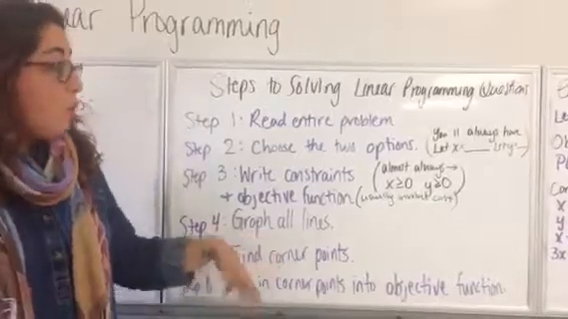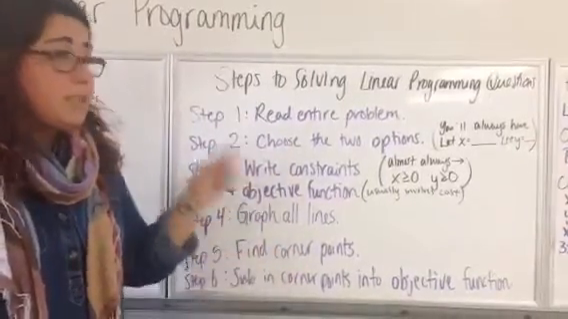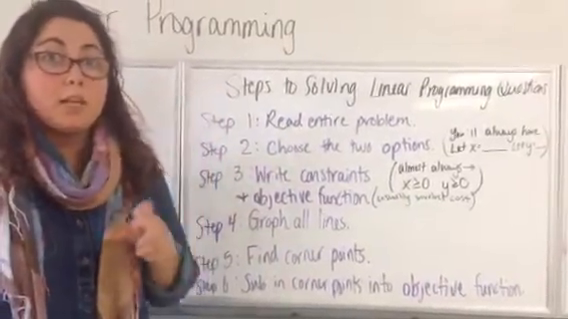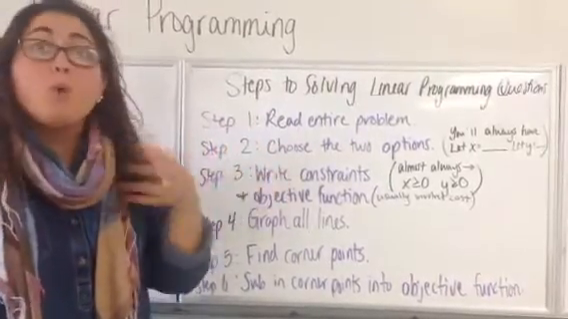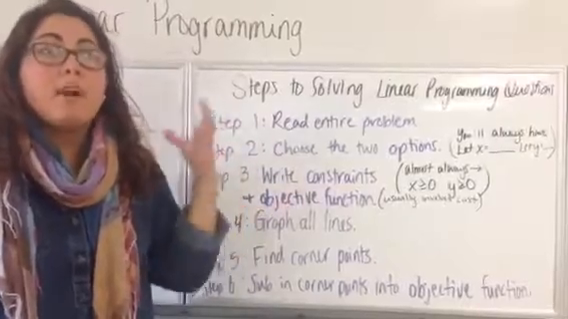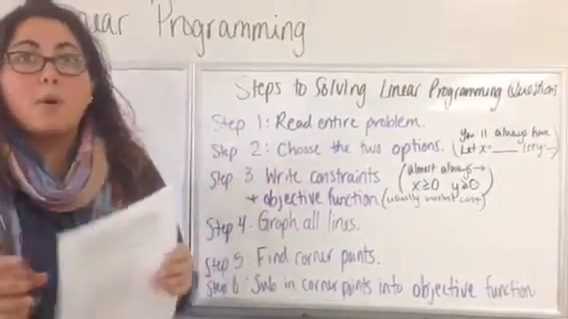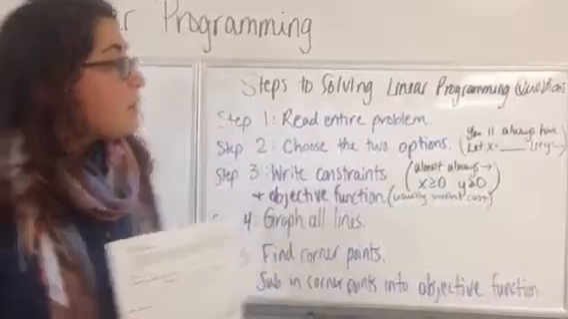So once you find all of your different corner points, you're going to substitute each of those points into your objective function to determine what the maximum profit or the minimum revenue or the minimum profit, minimum revenue is going to be. So the problem that we are going to do